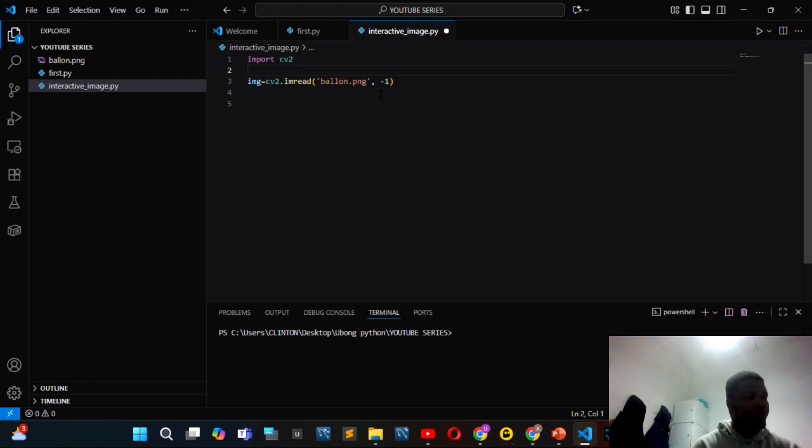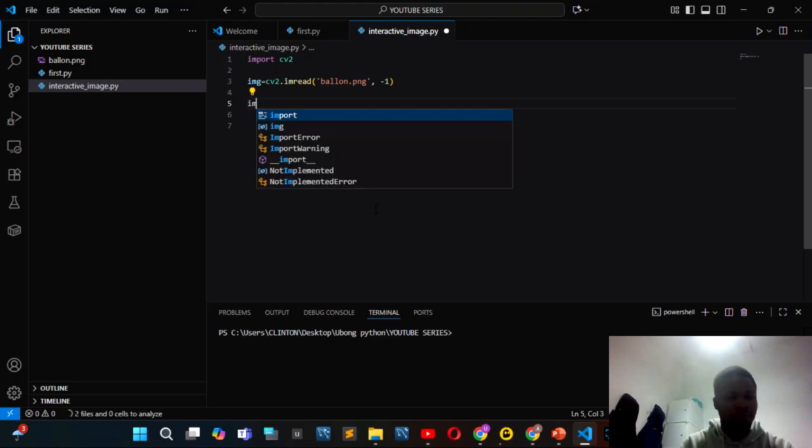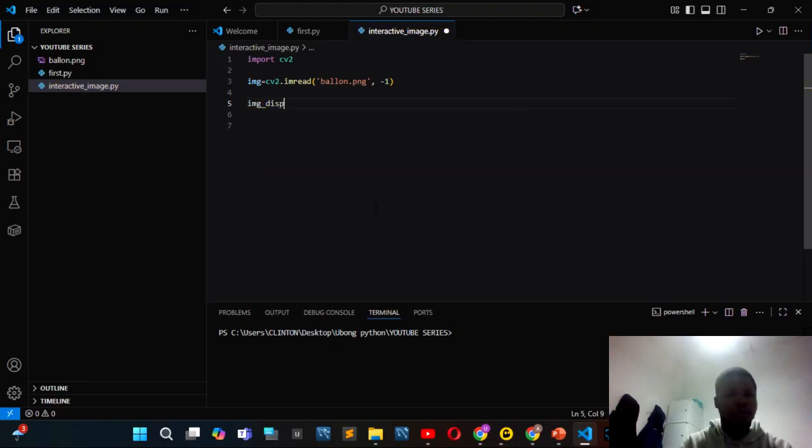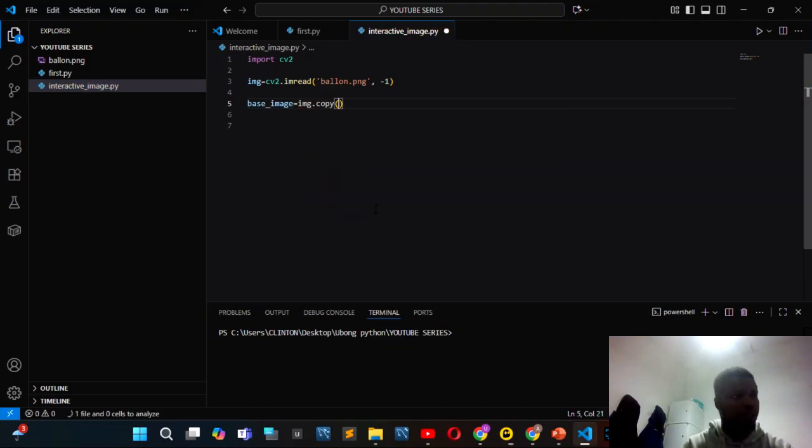So first of all, let's copy our image. This is the one we are going to display. Let's just call it base image, that will be im.copy. So that being done,